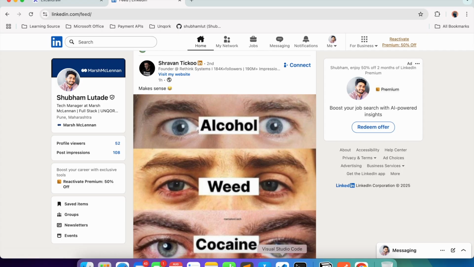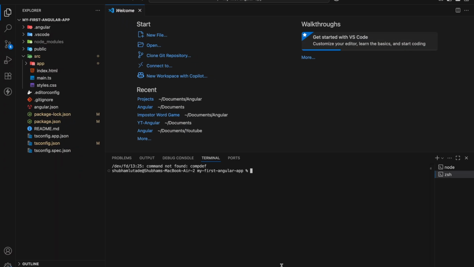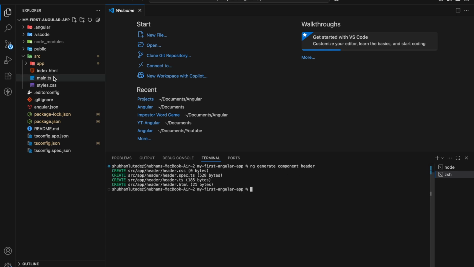So let's see in Angular how we can create a component. Let me go to the project and clear this up. To create a component, we have a command which we need to put, which is ng generate component, and then we need to give the component name. Let me give it as header here, right? I want to generate a header component. If I click on enter, you will see here,